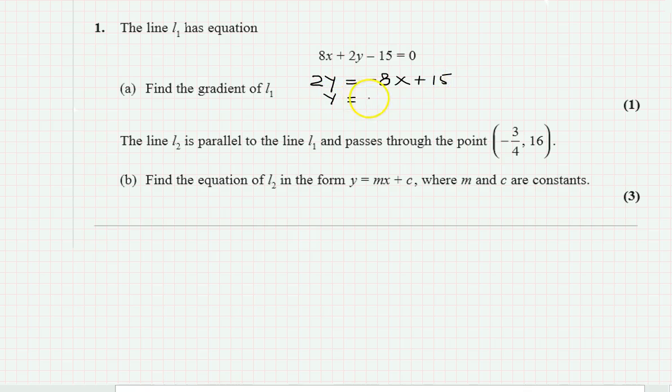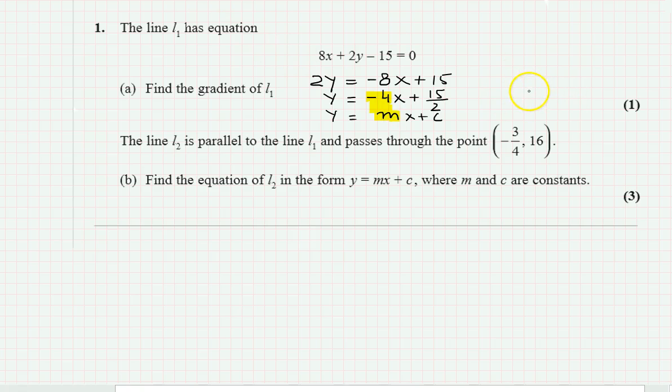So y is equal to 8 divided by 2 is 4x plus 15 over 2. So if we compare this equation with y is equal to mx plus c, we can find here the value of m is